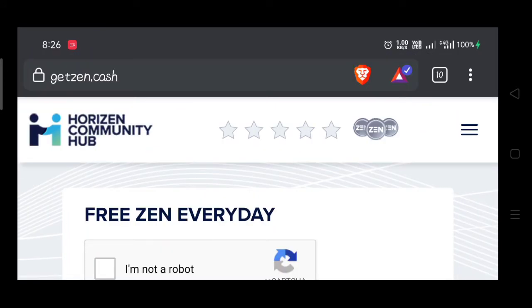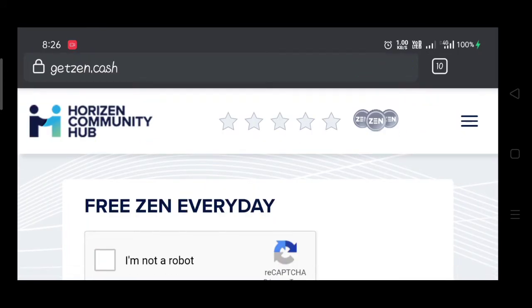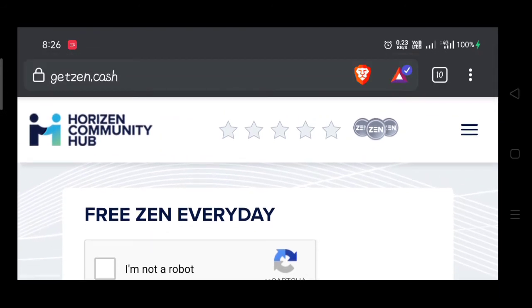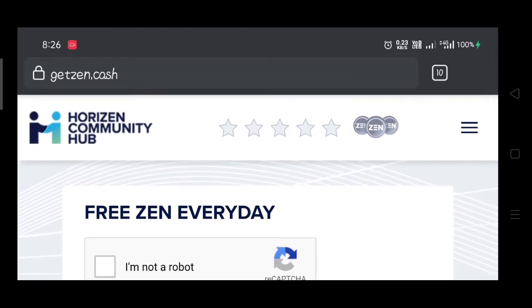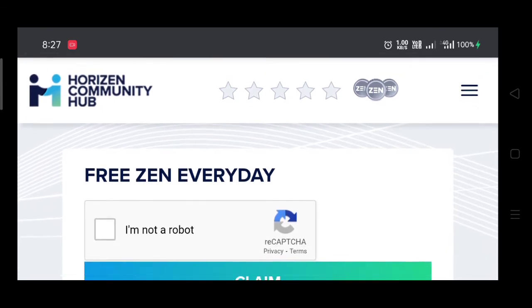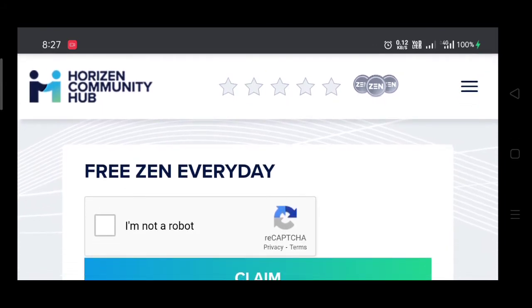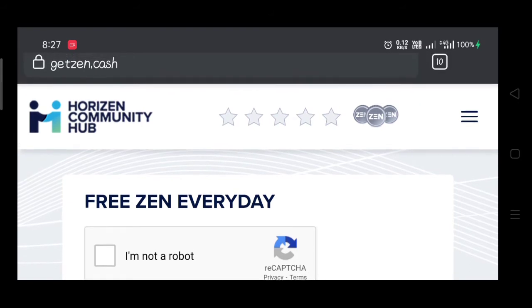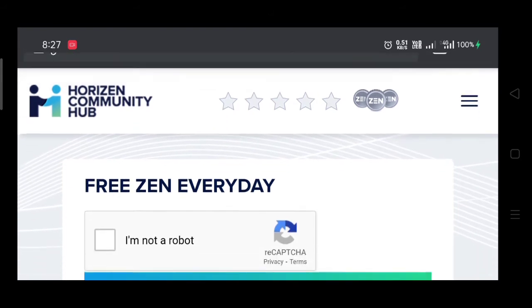First, you have to make your account here. For that, you need your email. After clicking on the link in the description box, the link redirects you here.